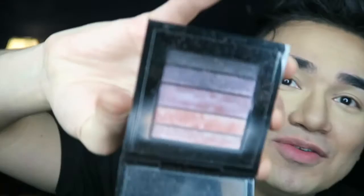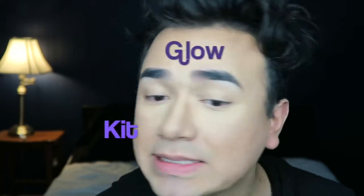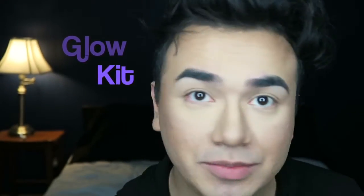So yeah, it just has a few different little shades for me, and I sometimes like to use these guys right here just because they're a little bit of some shine and shimmer. And what I do is I just grab some of that and I pop it up right here, because ain't nobody got time to buy that new Anastasia highlight kit contour. So I'm just gonna put a little bit of this on that. It does have a little bit of glitter to it, so like I said, I try not to use so much of it just because I don't want my face to be all glittered up, but I do put a, ooh, you see, ooh,